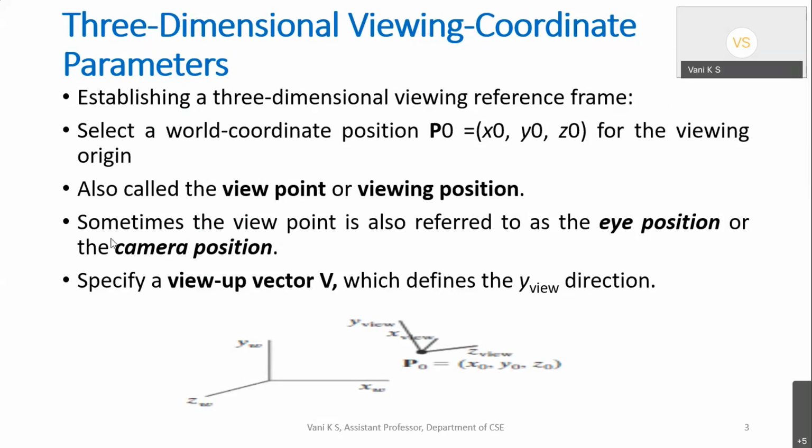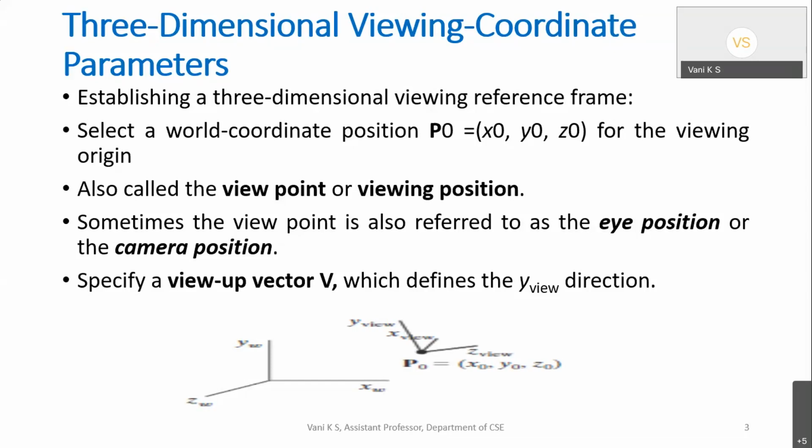The first thing required in 3D, before we construct any 3D scene or 3D objects using OpenGL, is that we need a viewpoint. Or I would like to say, from where are you viewing? That is the eye position or camera position, the position where you set up your camera. Based on the position of your camera or where you are standing, the visibility of your surface depends: how much I can cover with my eyes, till what distance I can see, and how much area I can cover.